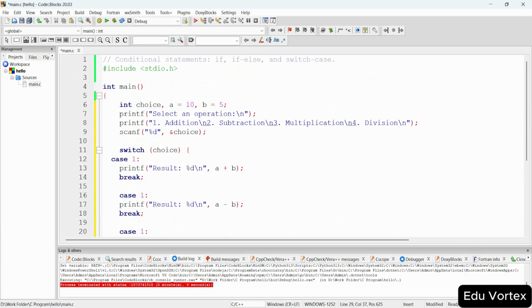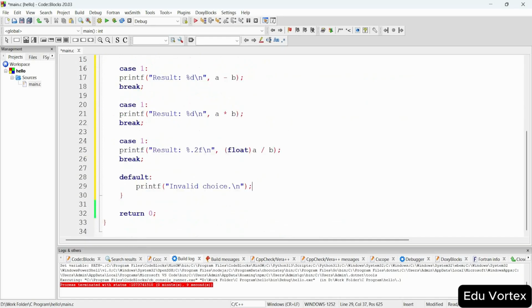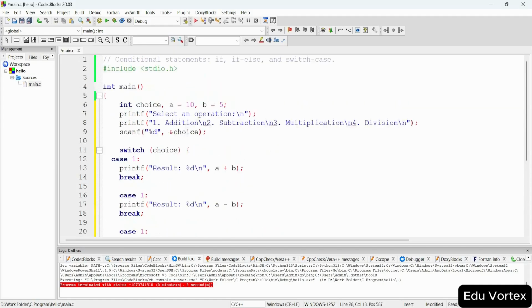So here is this case, execute the corresponding operations and print the results, and you can see in the default here the handle invalid choice. Okay, so today first of all here is saving this and all this code, and click on this run icon,